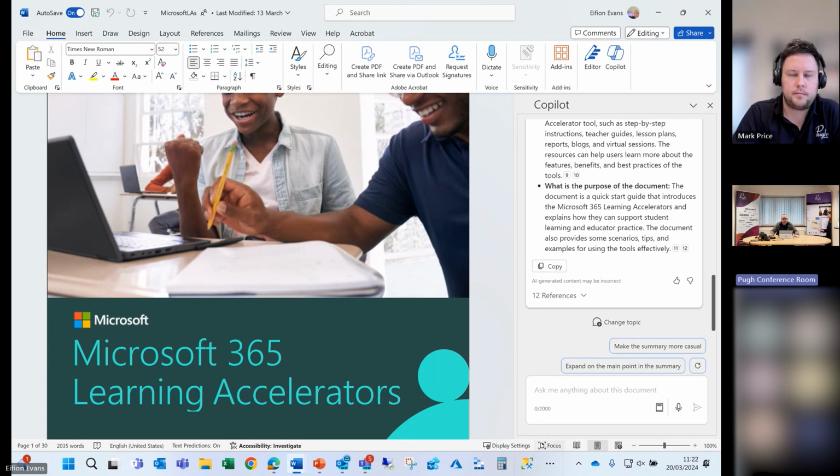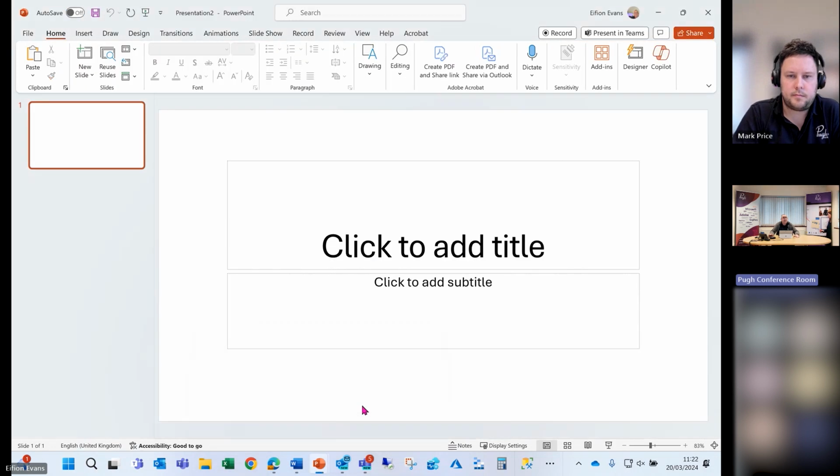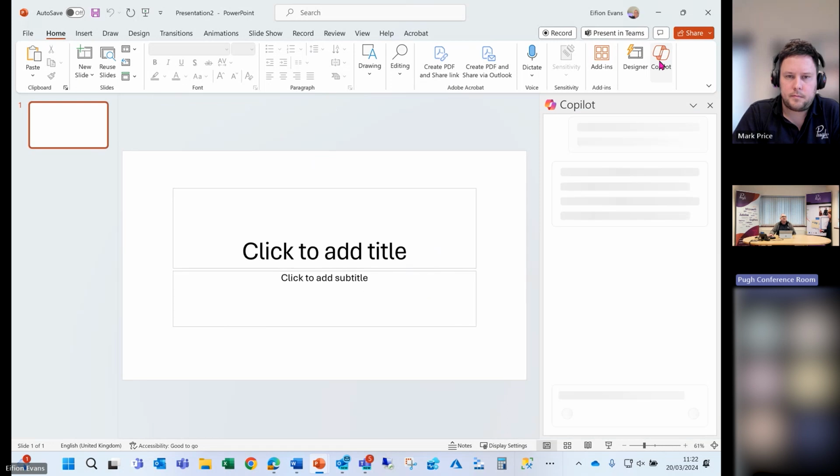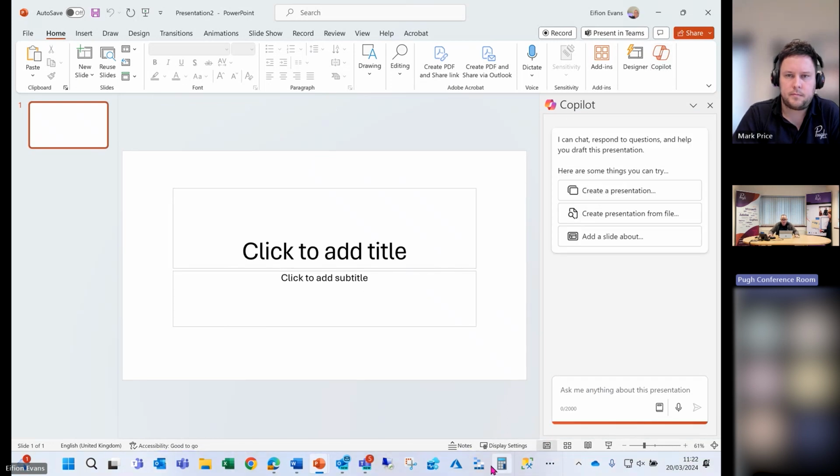Okay, so that's Word. PowerPoint. Okay, PowerPoint, let's have a look. So in PowerPoint, Copilot is again in the top corner, a different color this time to suit PowerPoint. But can I find that? No. So you can go and create a